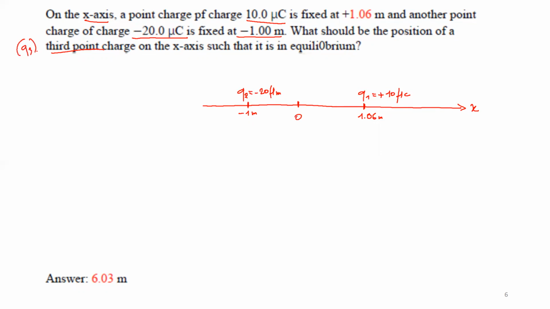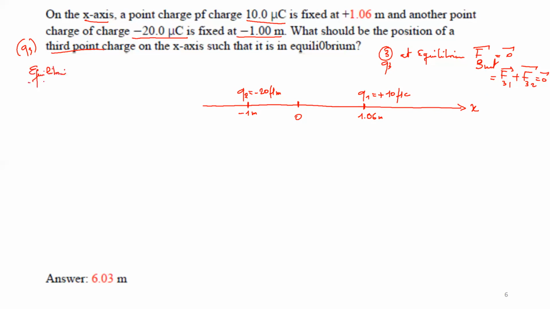And when I have an equilibrium on my third charge, so free charge Q3 at equilibrium, it means that F net on 3 is 0, meaning F on 3 by 1 vector plus F on 3 by 2 vector is equal to 0. Okay. Meaning equilibrium